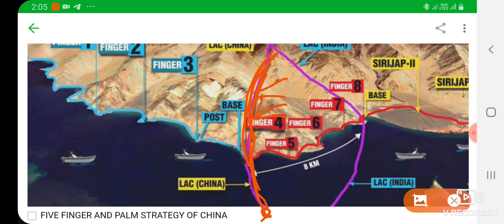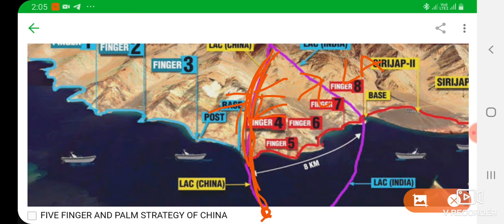Anyway, before 1962, all these finger points belonged to India, and now we really want to get all of these back. Even though we consider this as the LAC, the Chinese consider this as the LAC. So keep all these points in mind, because at present, of the finger points, only up to about 4 belongs to us, and the rest of the finger points are with China. What they want out of this movement is Chushul Valley and a strong position in this area.